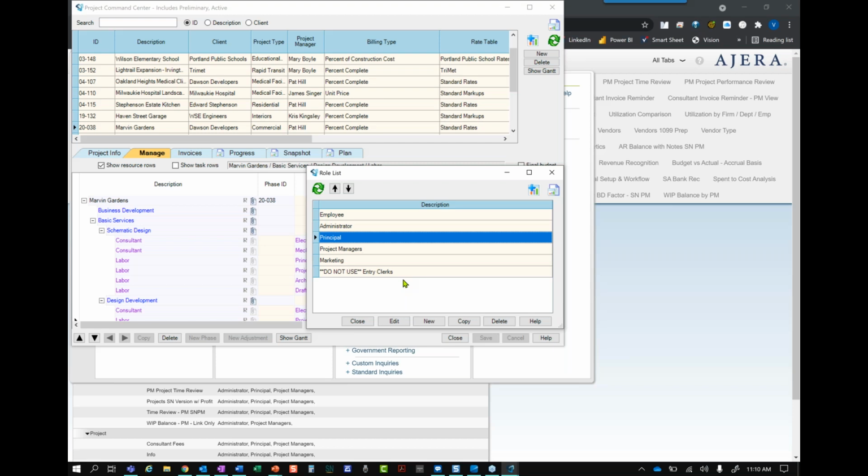Another common thing I've seen is creating a marketing role, when in truth, the marketing person needed the exact same access to the projects and project reports as project managers. And so just because we have a marketing director doesn't mean we have to have a marketing director role. If the access that person needs is already accommodated by a role we have, we can just use that. It's not visible on the front end to the employee. It's not something that's going to confuse the end users. I don't know, Brian, what nuances would you add to that?